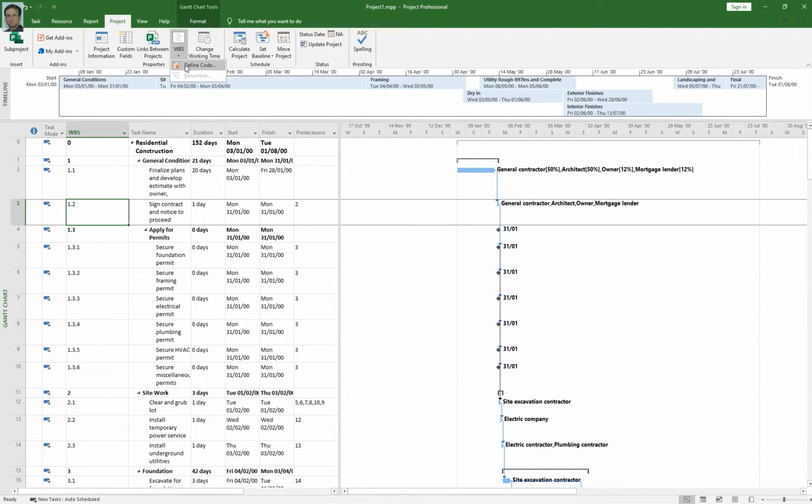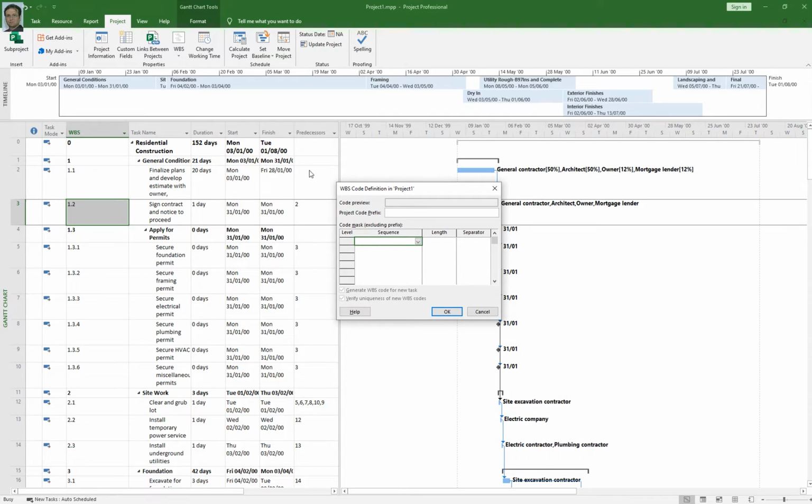Another form will open. This is your work breakdown structure code definition. So my project name is, for instance, construction RC, residential construction.